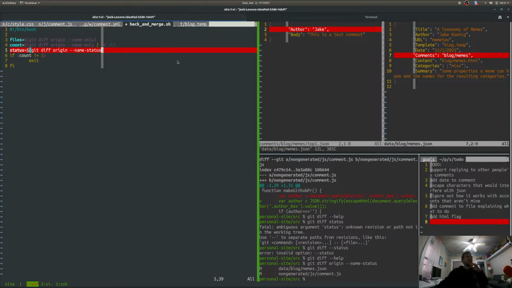Checking the internet on my phone. Okay, so git diff origin name status. Okay, so now I want to check the first character. So if count does not equal 1, then I exit, and then